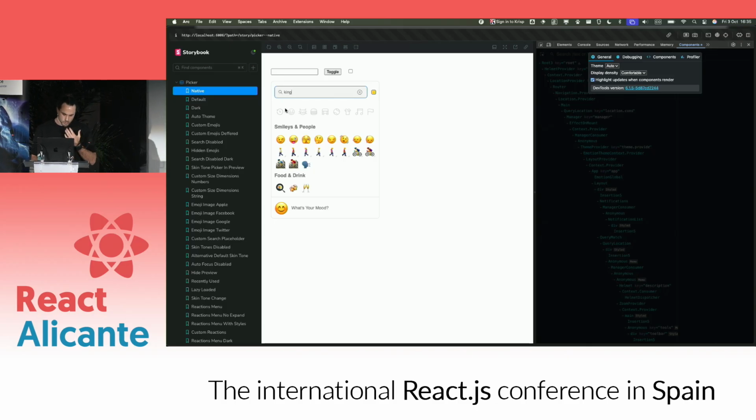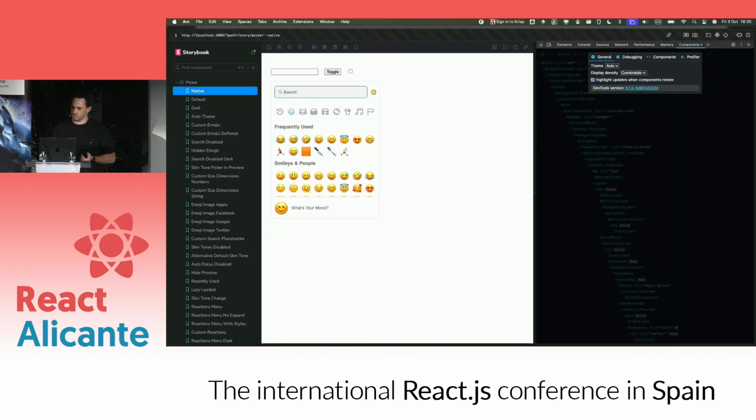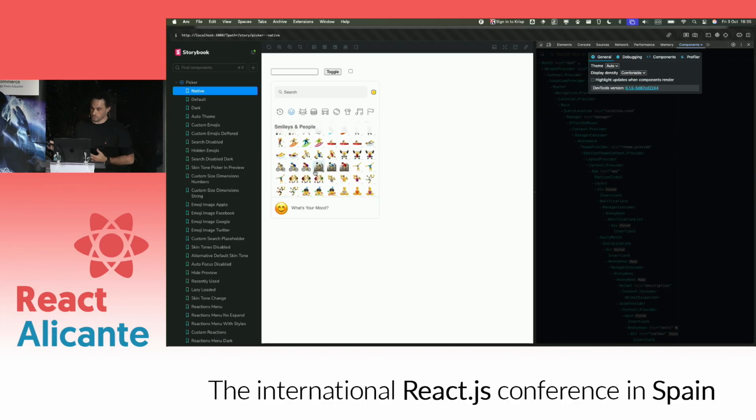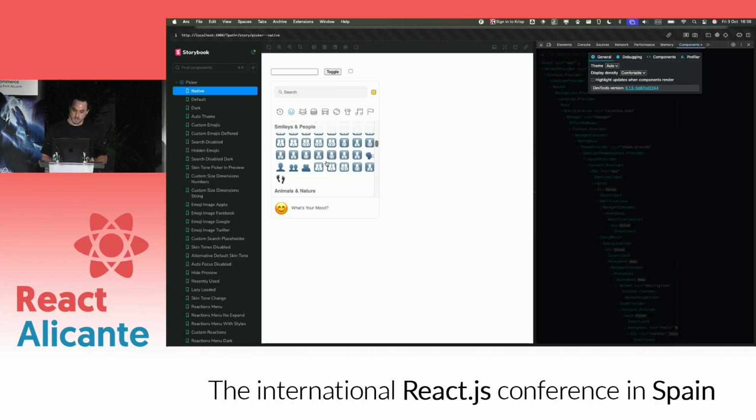And you could say, well, what if you used virtualization, Evyatar? Why don't you use virtualization, like windowing of it, so you only render what's visible right now? Well, obviously, I would do that. Only that it's not very simple to do with such a component, because this is not just a grid, this is not just a list, this is not something that you could easily just virtualize, because it's an uneven, non-uniform